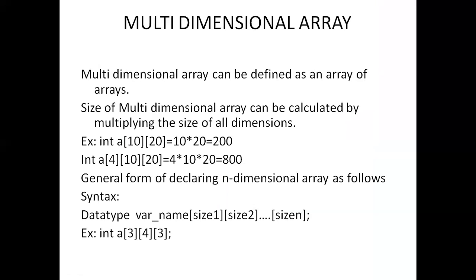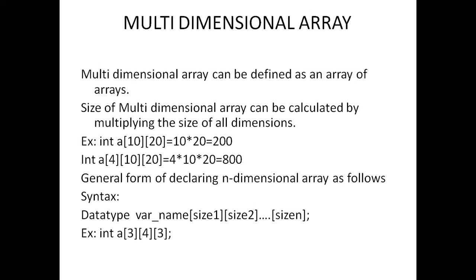Up to now we have seen the single dimensional array, where only one index will be there for the array, that is a of 0 or a of 3, a of 4, something like that. Next we have seen two dimensional arrays, a of 2 comma 3, a of 3 comma 4. Now I will be discussing the next step, that is the three-dimensional array.